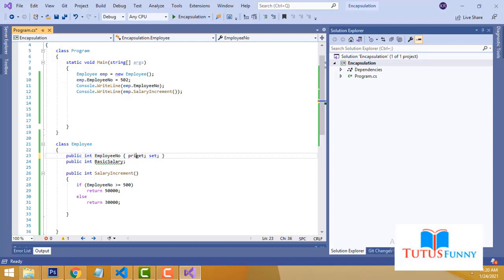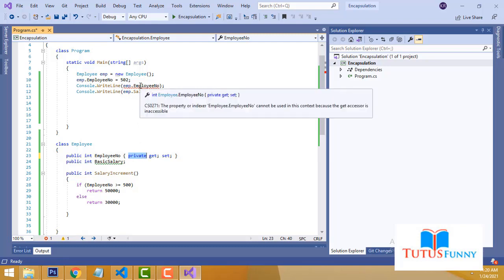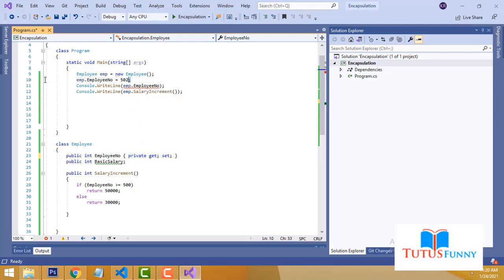In my last tutorial I explained these two things, right? Private means it gives security, data hiding. If you call it here as private, it will show an error. You will only be able to enter the data. Set means receiver of the data, get means send the data, right? We can't send the data. Only receive. The employee number you entered here will only be received, right?